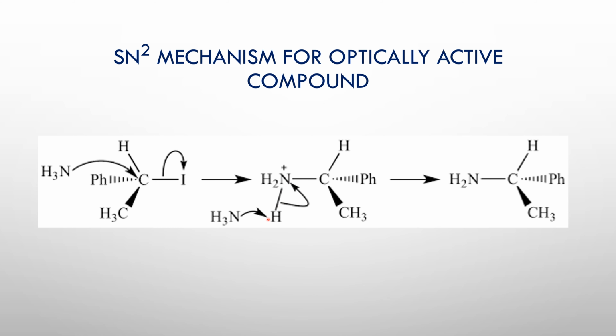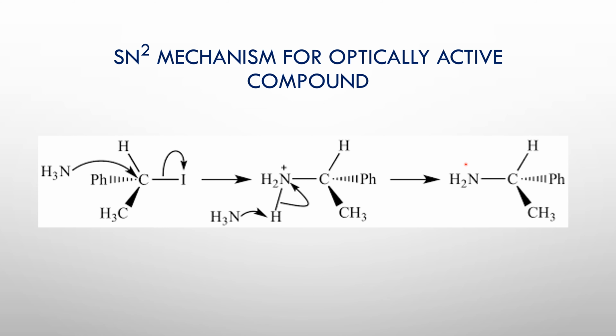NH2 plus, here hydrogen is attached to it. That means this is actually NH3 and the remaining part from the product. But this hydrogen from NH3 in the ammonia molecule is abstracted by another ammonia molecule to form NH4 plus, and therefore NH2 remains. So this is the final product, NH2 CH3, but this NH2 nucleophile is present on the opposite side of the iodine, that is the leaving group, which was present in the substrate. That means the product molecule is with opposite configuration.